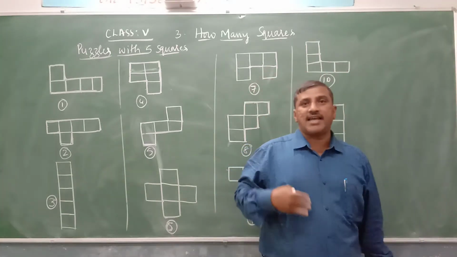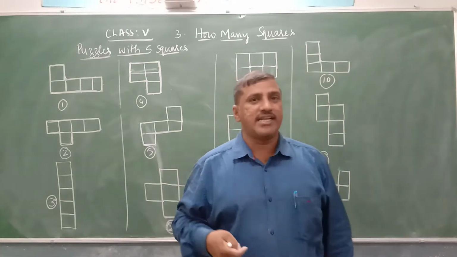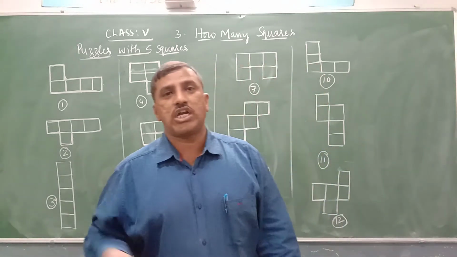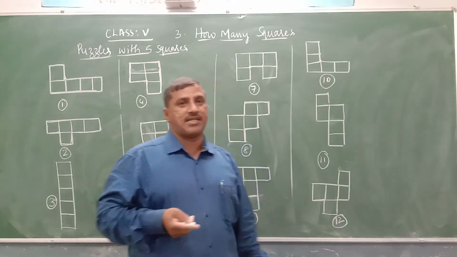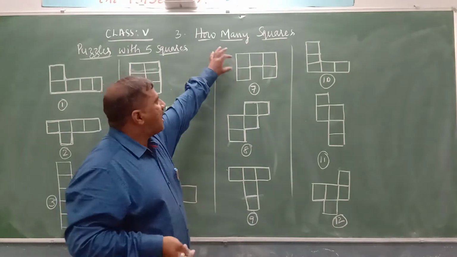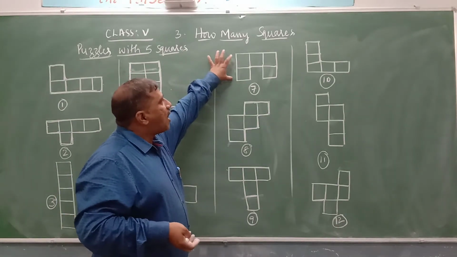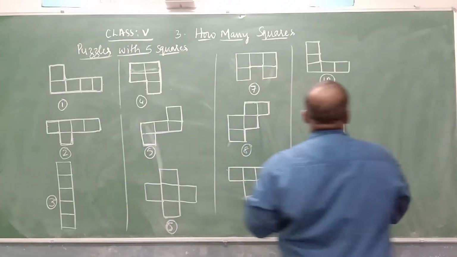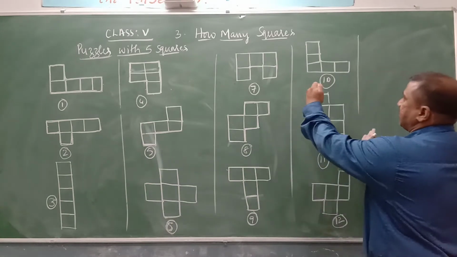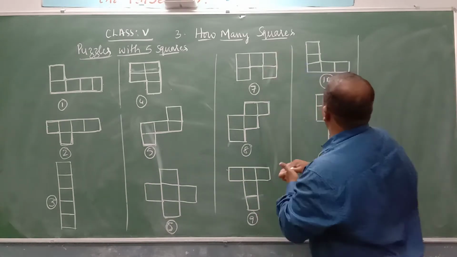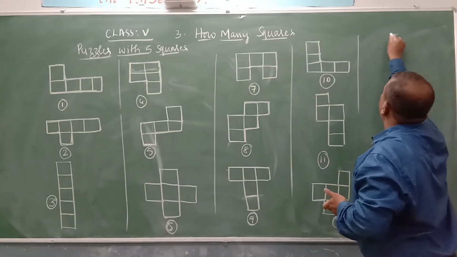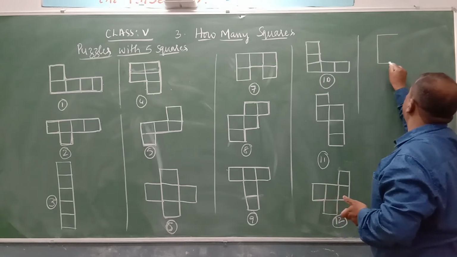You may ask, sir, I got 13 shapes or 14 shapes. Those extra shapes are repeated shapes. How is it? You see, you tilt the shape. When you tilt the shape, what kind of shape do you get? When you tilt it, like this, we get this kind of shape. But this is also a shape.